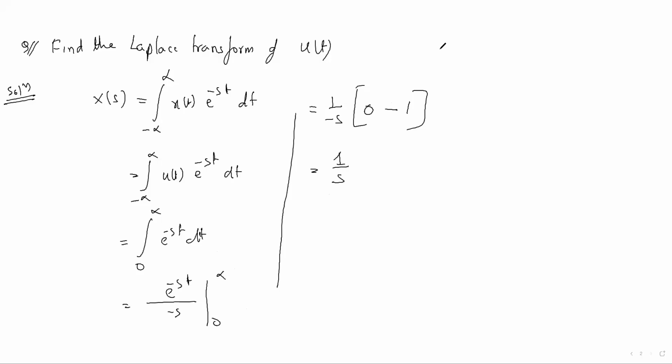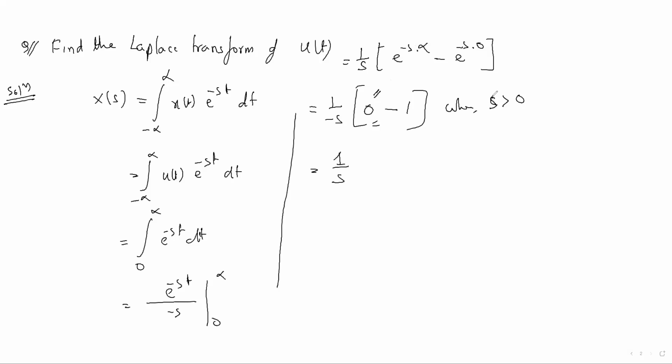another step I have forgotten. That's an important step. I have already explained it in the last class when I explained about e to the power minus at u of t. Okay, this step is important. So what is that step? You just put e to the power minus s into infinity here, minus e to the power minus s into 0. Okay, this will be 0 only when this s, not sigma, this s should be greater than 0, isn't it? If s is greater than 0, then only it's possible that here we can write 0. Otherwise, if it is negative, then we cannot write 0 here, it may be infinity.